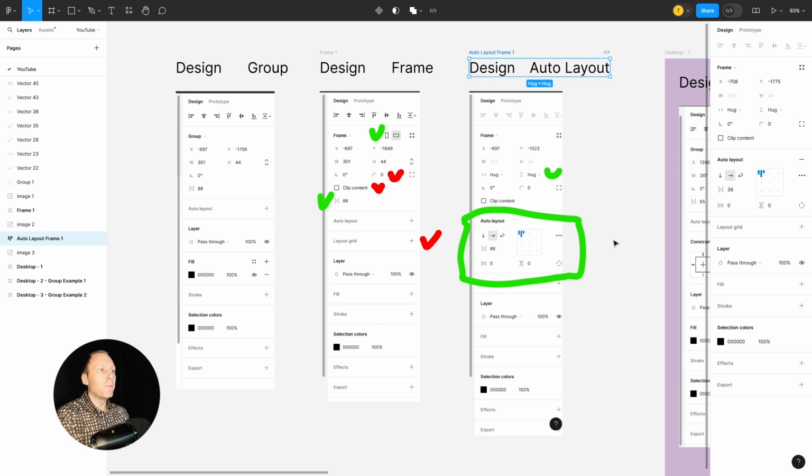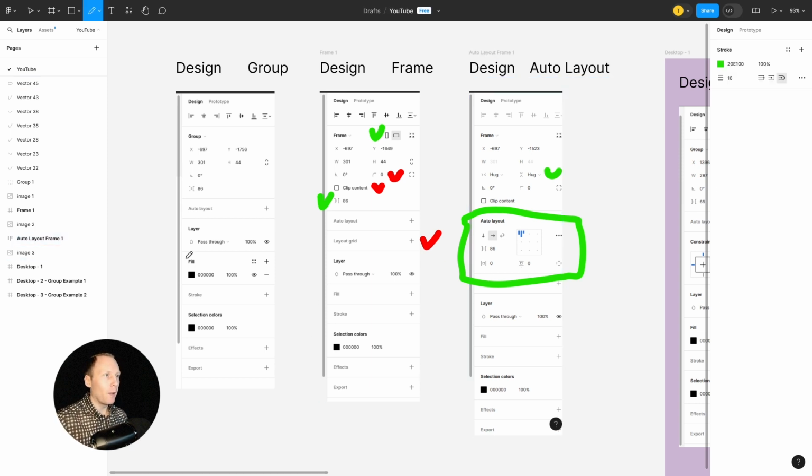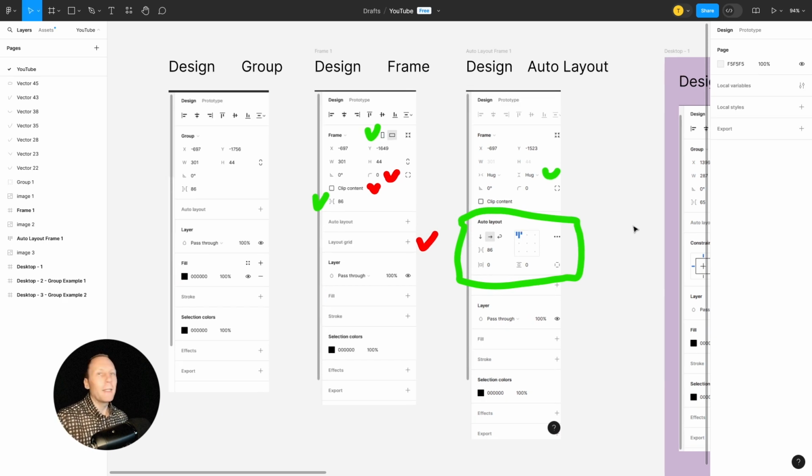And you can see visually what's the difference, although I haven't marked fill because, as I showed before, on group 1 fill is for text layers, and on frame and auto layout frame 1 fill is for the background. So that's the difference. Let's move on and see how groups, frames, and auto layout frames behave in more realistic